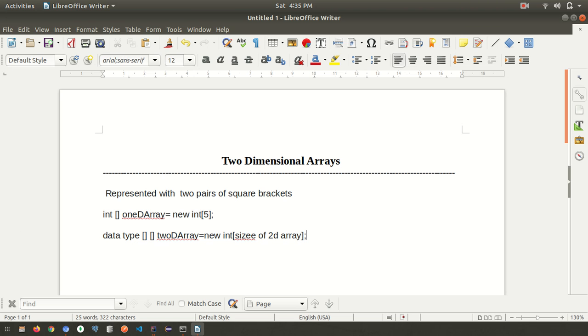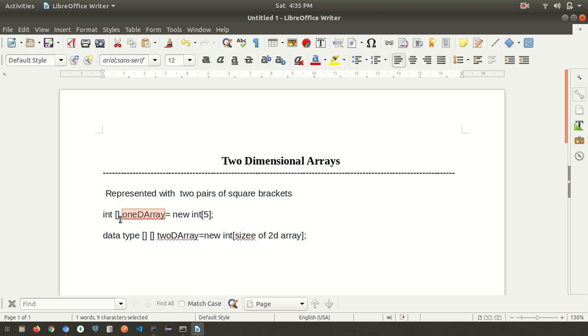In one-dimensional, once the array is created, the 1D array reference points to that particular memory.